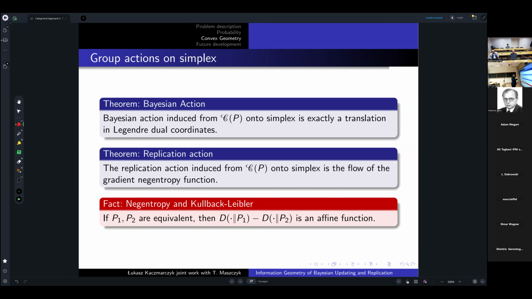This is where the fact that the difference of values of two Kullback-Leibler functions taken for different right arguments, so for different reference measures, is an affine map, which means that even though we can only get the gradient of some Kullback-Leibler function and not Shannon entropy, when we pair it up with the Bayesian action,